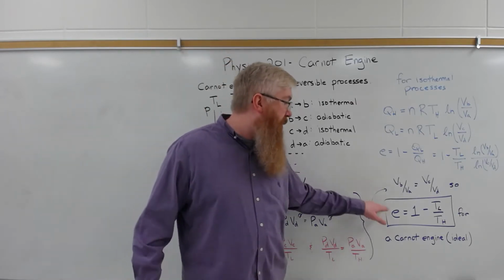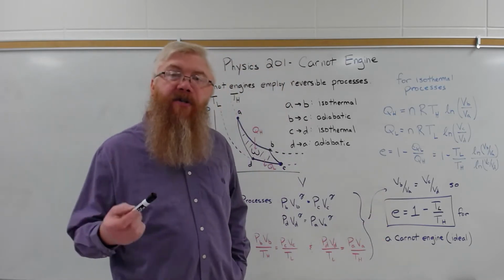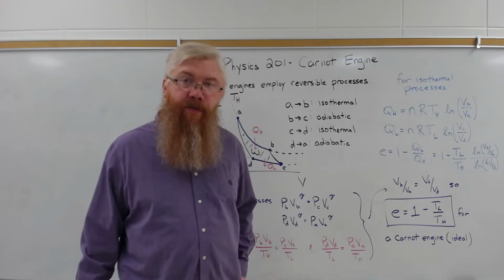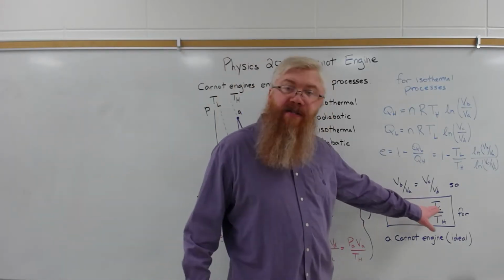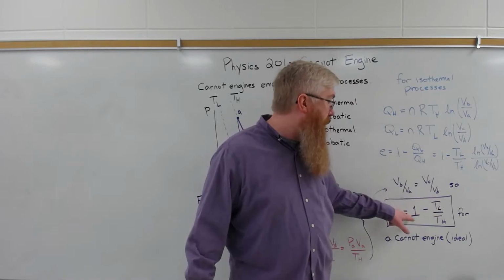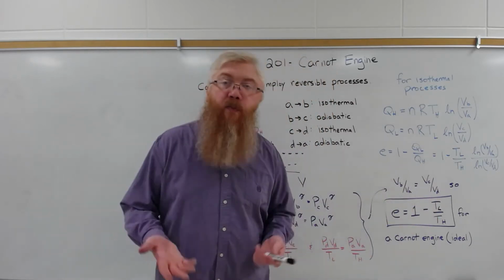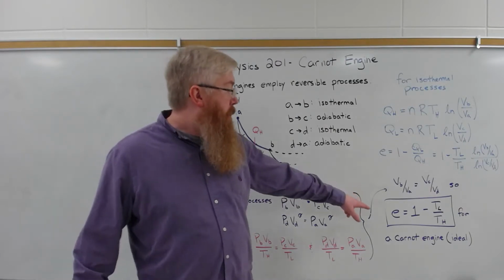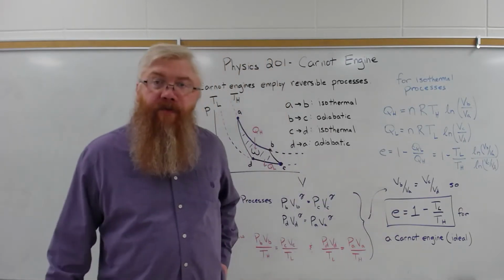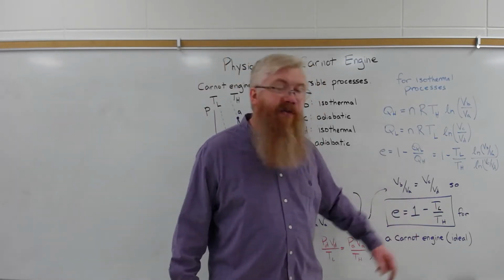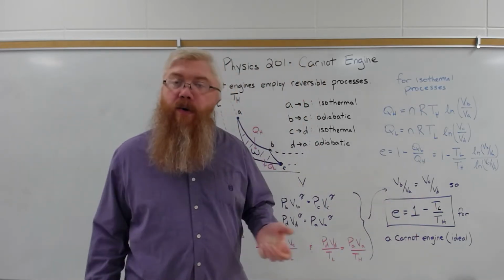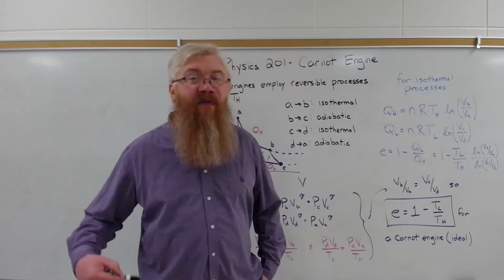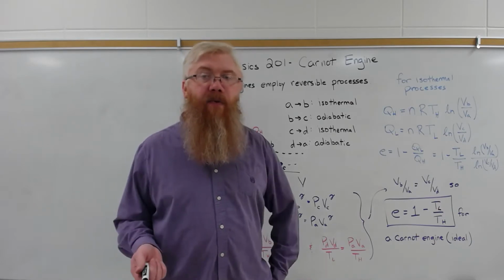This shows you the maximum possible efficiency of a heat engine operating between those two temperature reservoirs. And of course, if the temperature reservoirs are the same, this ratio becomes 1, 1 minus 1 is 0, the heat engine will not work. It has a 0% efficiency. The efficiency can never be 1. For the efficiency to be 1, the low temperature reservoir would have to be at absolute 0, which of course doesn't happen in the real world, or the high temperature reservoir would have to be infinitely hot, which again doesn't happen in the real world.